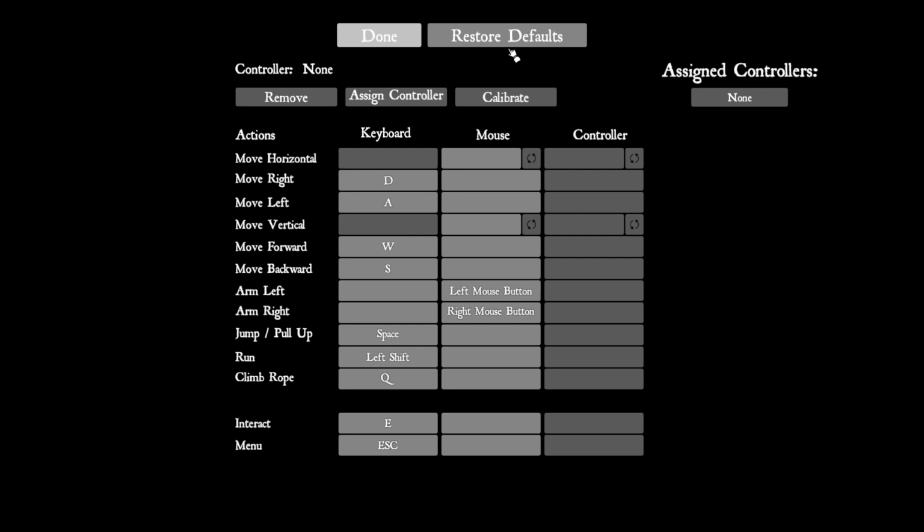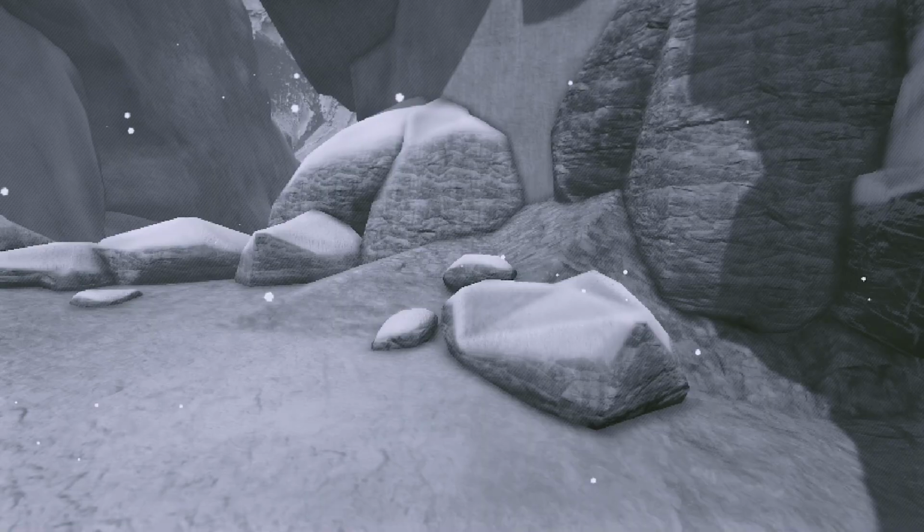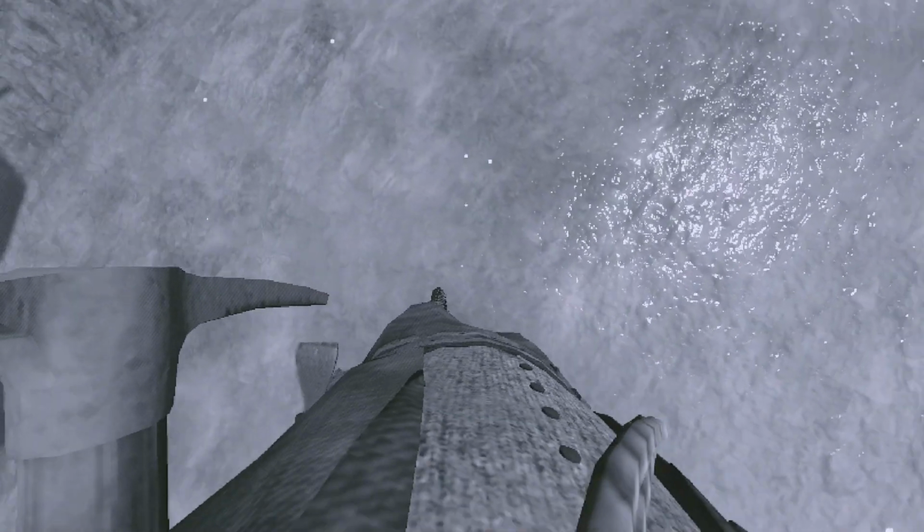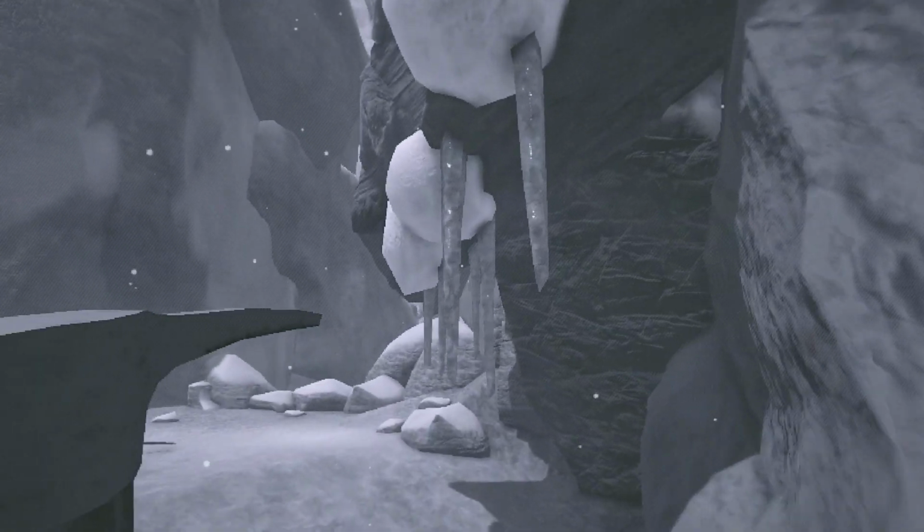I also had to check for keybinds in this one, because the pickaxes also have to be grabbed manually off of your belt, and it's honestly even worse than the rope, because you have to stab your ice pickaxe into one icicle before being able to grab your second one, so you can't just grab both. But yeah, I had to check and see if there was any keybinds for the pickaxes. There is none, so that was also kind of a hassle to deal with.